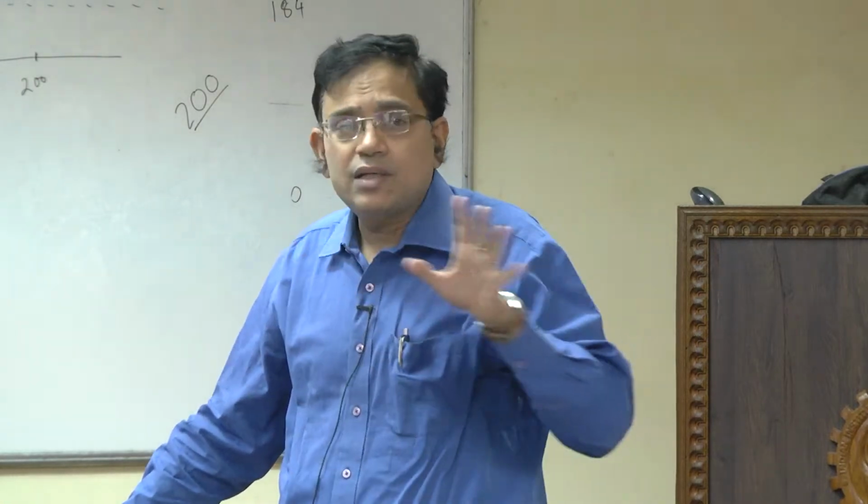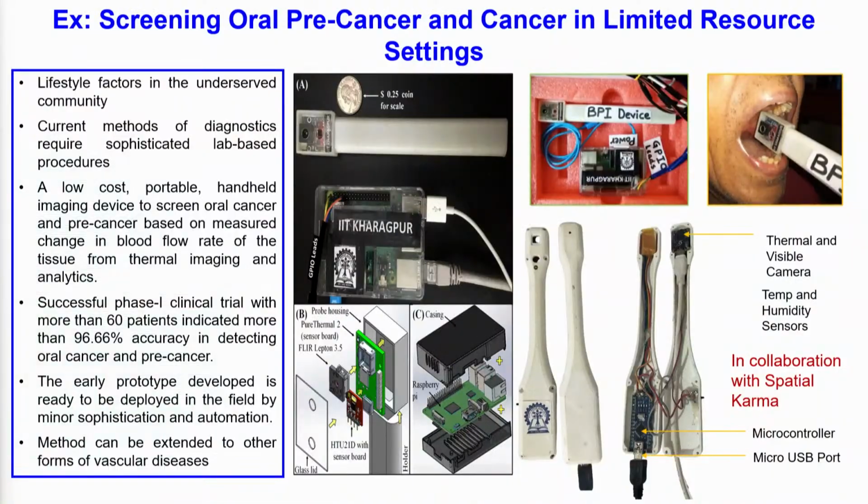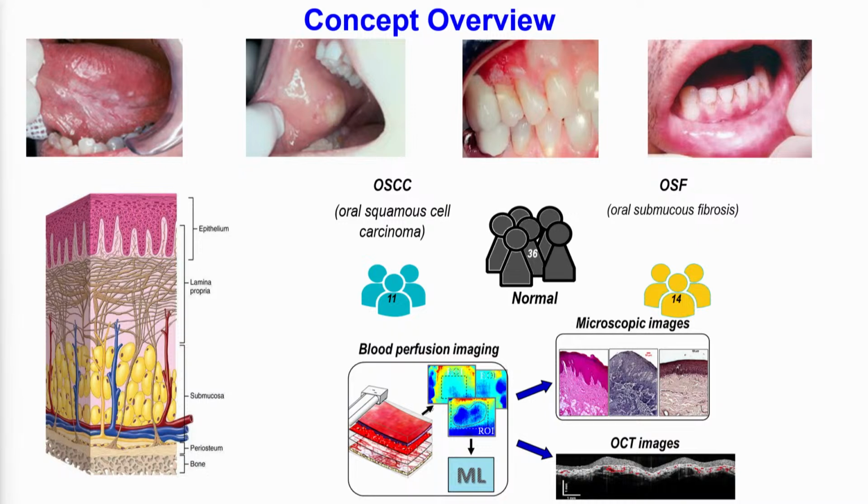And of course, it can be very general. For example, people may have different blood perfusion not because of cancer or pre-cancer, but because of something else, and that is the whole challenge for anyone. Even if you look into these patients, we have worked with such data, so we know very well. So these are two different cases: oral submucosal fibrosis, which is on the right-hand side,